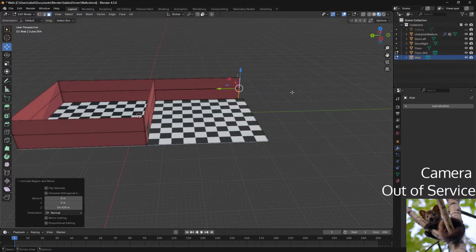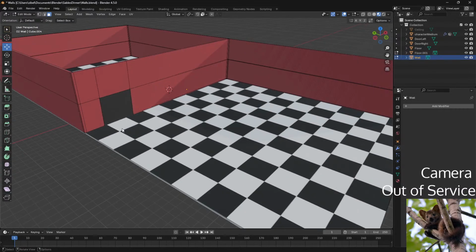What if I extrude them with a specific size, like 35, and do exactly the same on the other one?